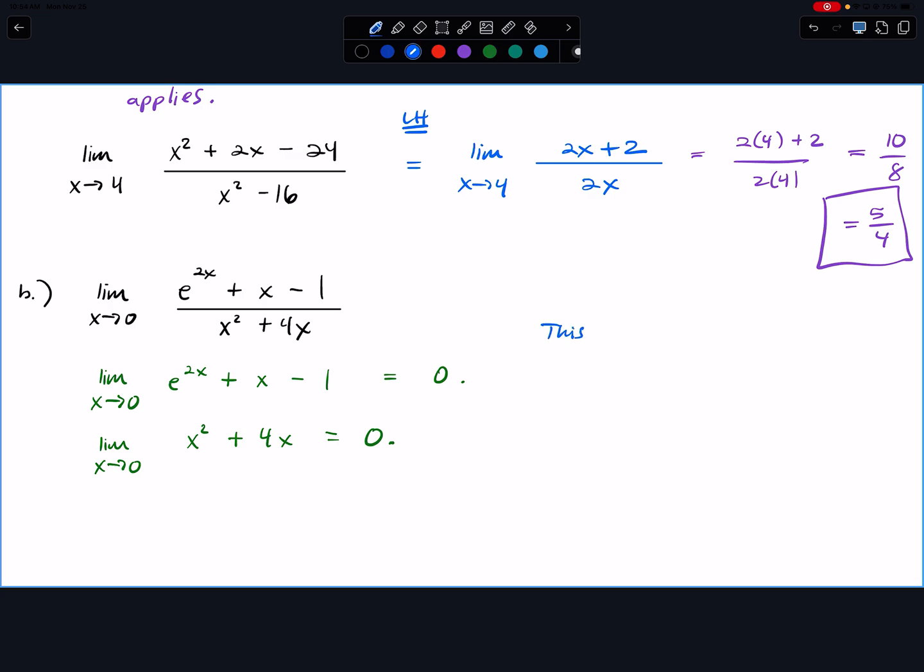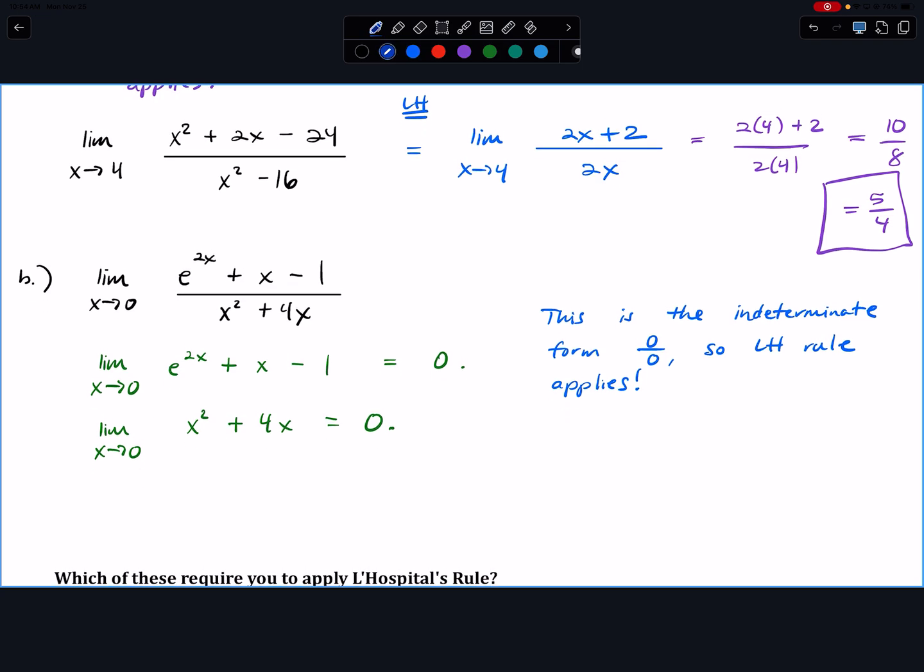This is the indeterminate form. Which one? 0 over 0. So L'Hopital's rule applies. Okay? So